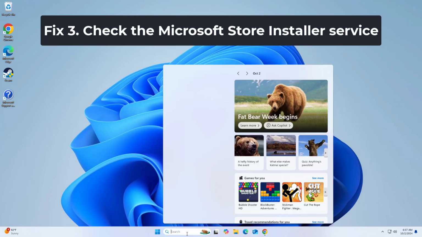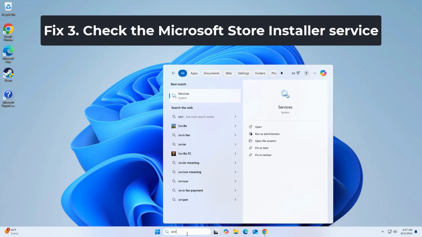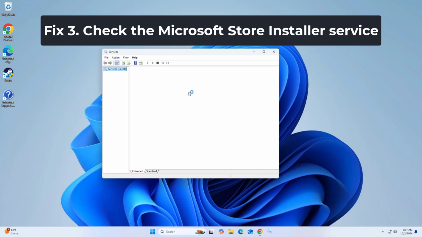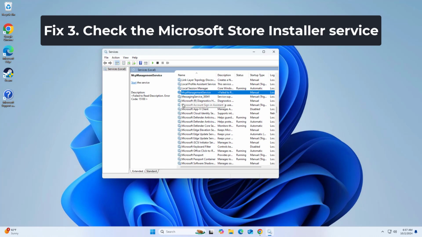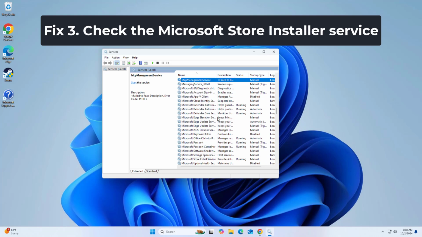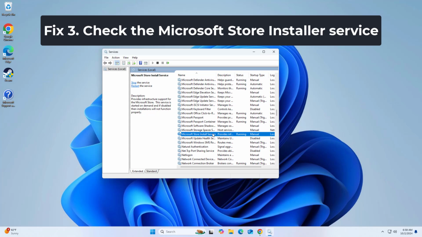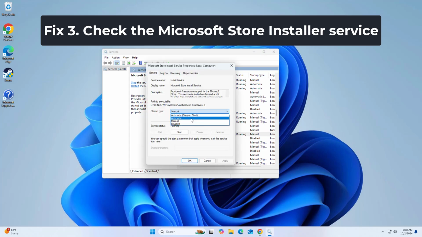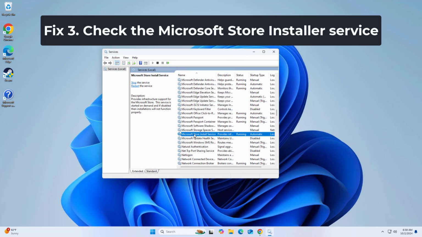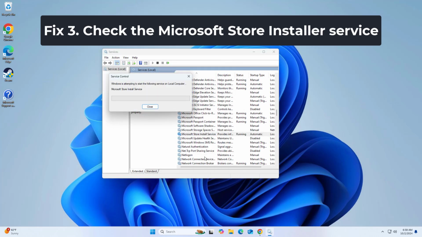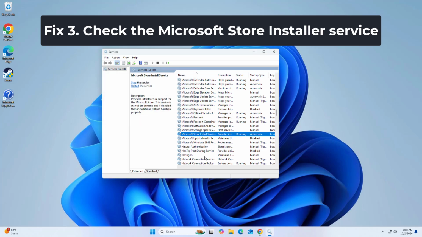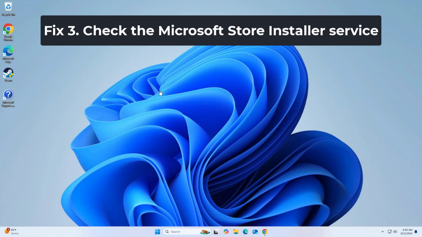The Microsoft Store Installer service is essential for installing, updating, and uninstalling store apps. Ensuring this service is running can resolve issues related to app management. If the service is not running, double-click it, and pick Automatic under the Startup type from the drop-down menu. Click Start, Apply, and OK. Now try again and your problem should be fixed. If that didn't work,